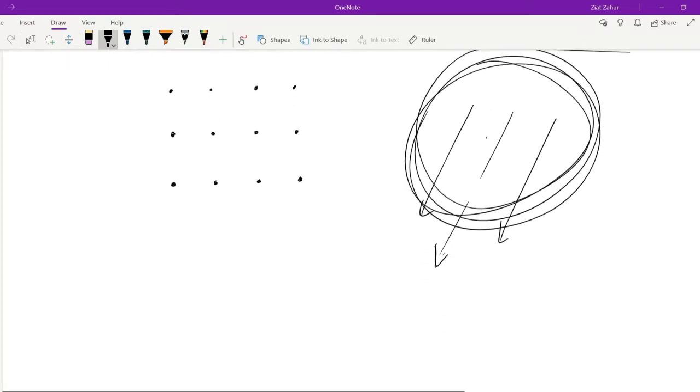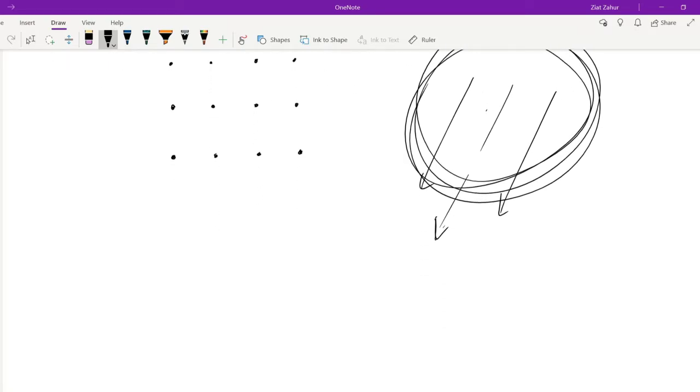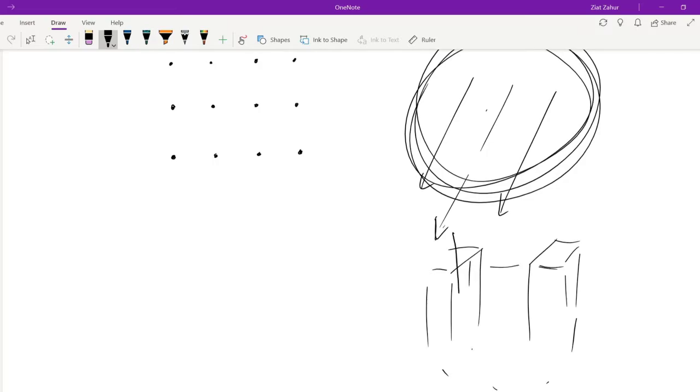If you have a large horseshoe magnet, then that small region between the two bars, just in this region alone, you would have a nice uniform magnetic field. All right, anyway,